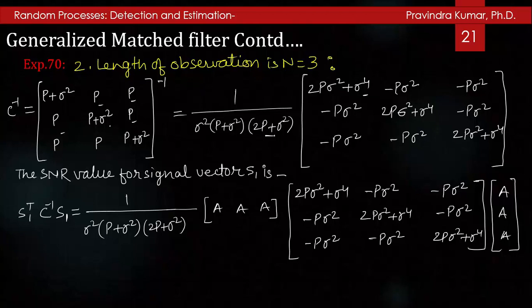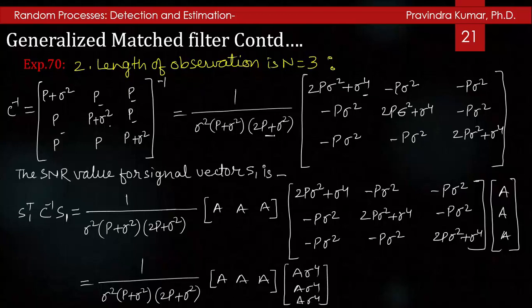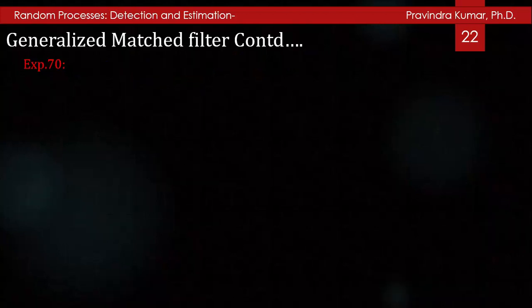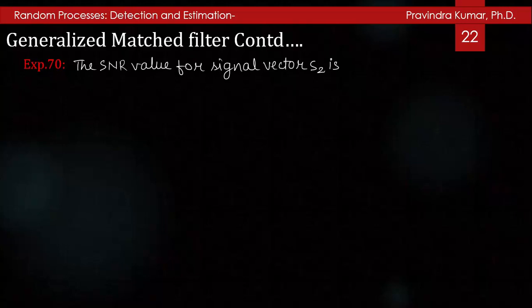And S1 transpose will be A, and you can have 1 by sigma square P plus sigma square 2P plus sigma square, the vector A, and A sigma to the power 4, A sigma to the power 4, A sigma to the power 4, and you will get the value of this. It will be 3A square sigma to the power 4 divided by sigma square P plus sigma square into 2P plus sigma square. And the SNR value for the signal vector S2 will be S2 transpose C inverse